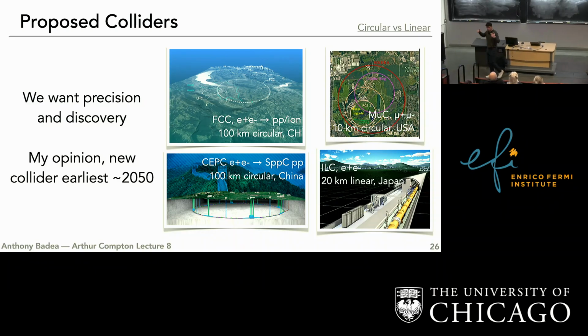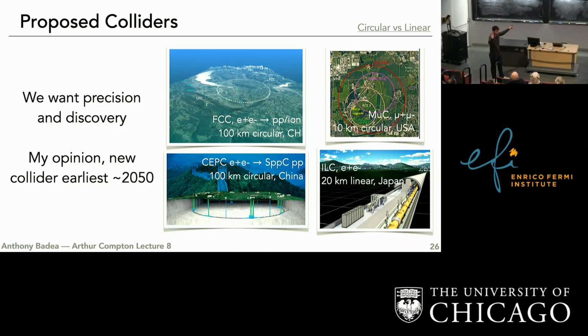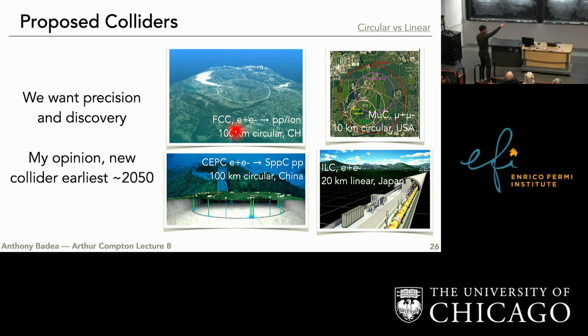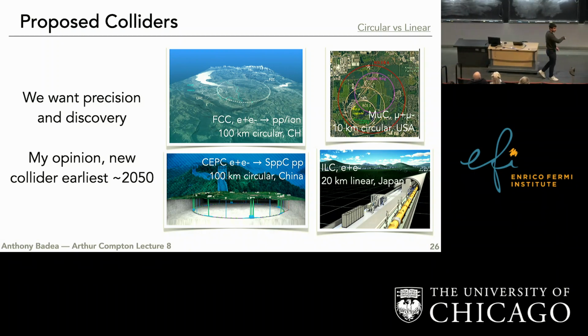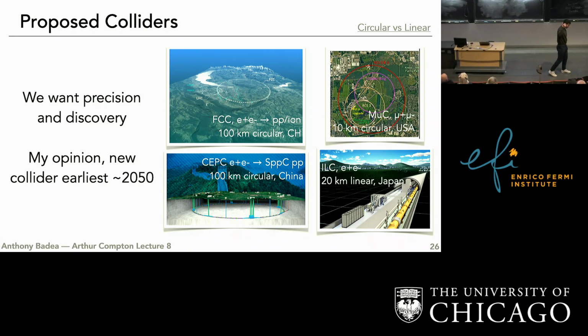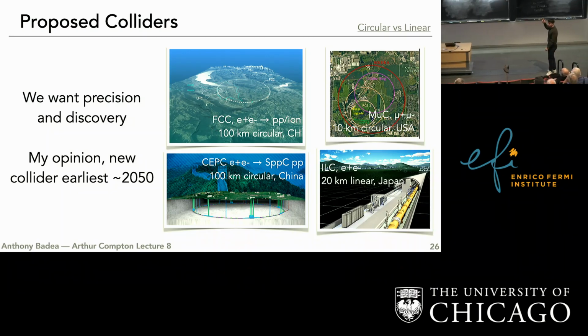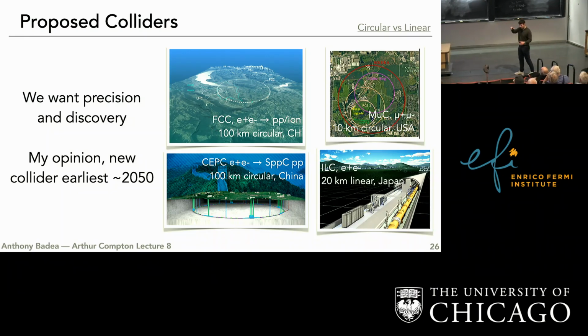But then if you want to get to really high energies with them, they start radiating a lot, synchrotron radiation, as they go in a circle. And to counteract that, you need a bigger and bigger tunnel. If you work through the math for what we want to do now, roughly the tunnel that you need is 100 kilometers long. So the idea is to do a staged experiment where first you build this tunnel and you put an electron-positron collider, and then after you run for 15 years or something, you upgrade it and put a proton collider inside the same tunnel.